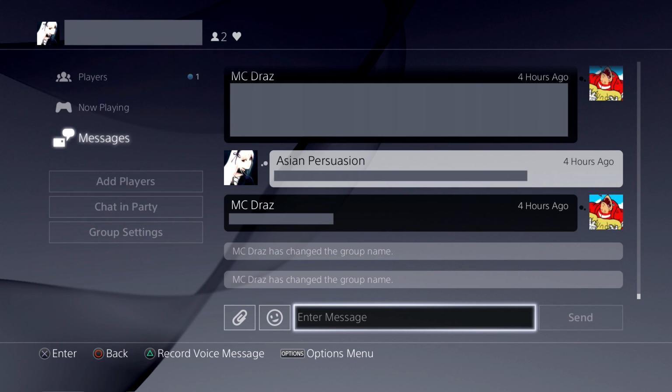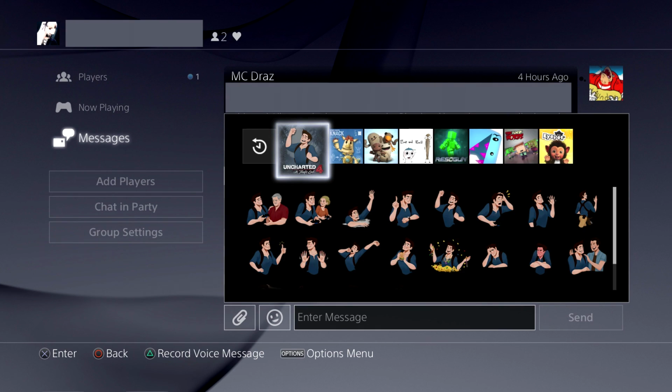I don't think there's anything else too different aside from a chat and party option, a now playing, and then who's in it. It's a little bit more, I don't want to say streamlined, but yeah, a little more touched up. So that's what all the emojis, I mean, stickers look like. And I don't know if there's going to be sticker packs in the future. I mean, there might, but...